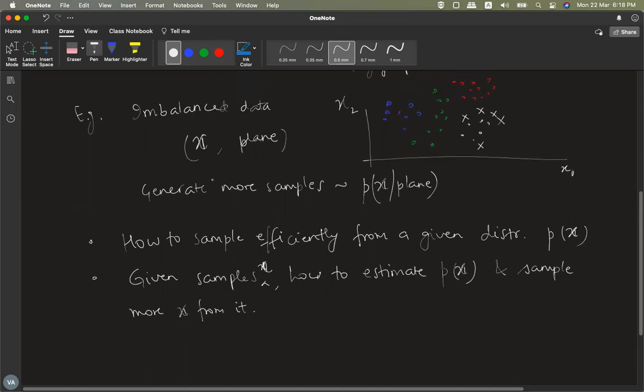I told you one utility: in imbalanced data, you can do some sampling. You have some samples, and from there you estimate P of X and then sample more data from this P of X, right? This was one utility. Another utility could be